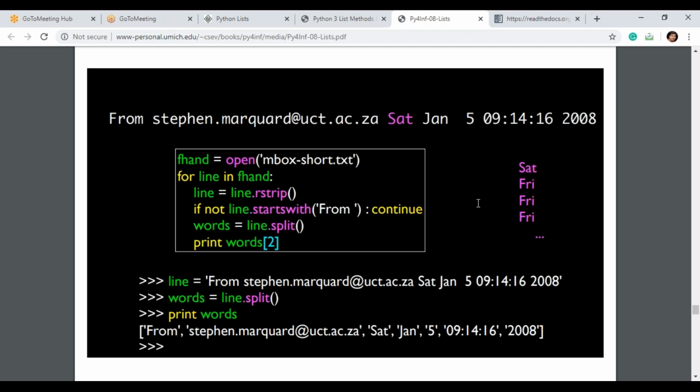So if not line starts with From colon, continue. words is equal to line dot split, print words, that will be displayed on your screen. Print words of 2. So whatever the 2 is, that will be displayed on your screen. Right? This is called splitting of your entire content. Whenever the white space character appears, at that time it splits.